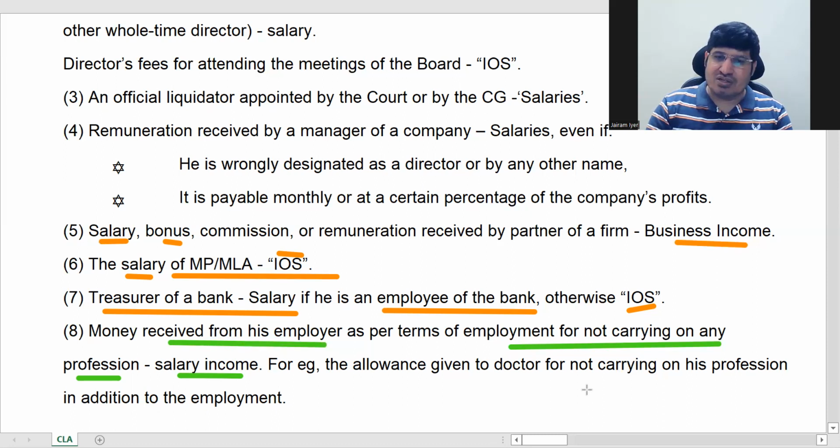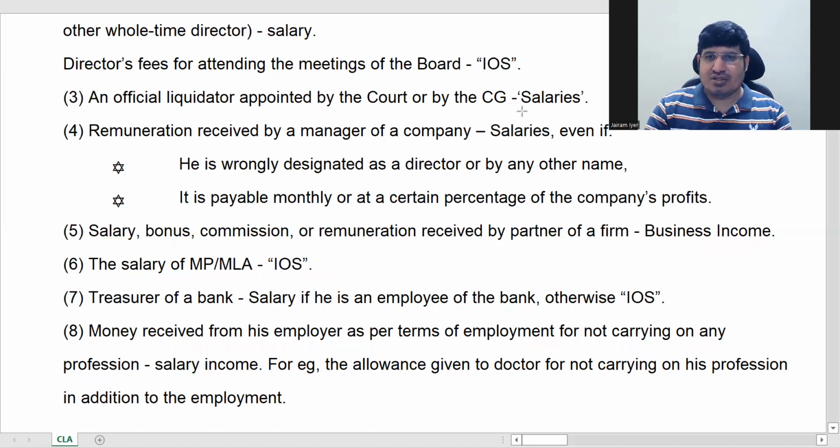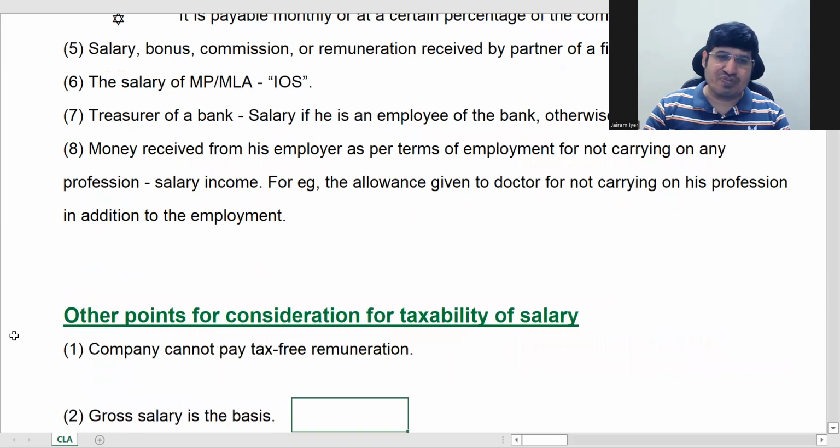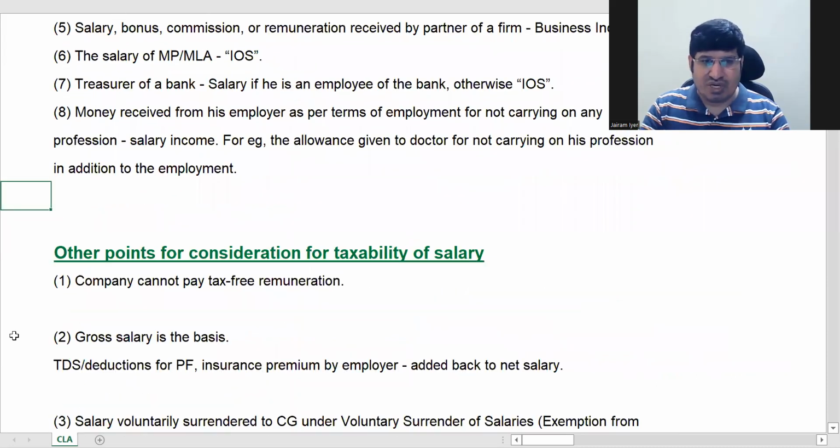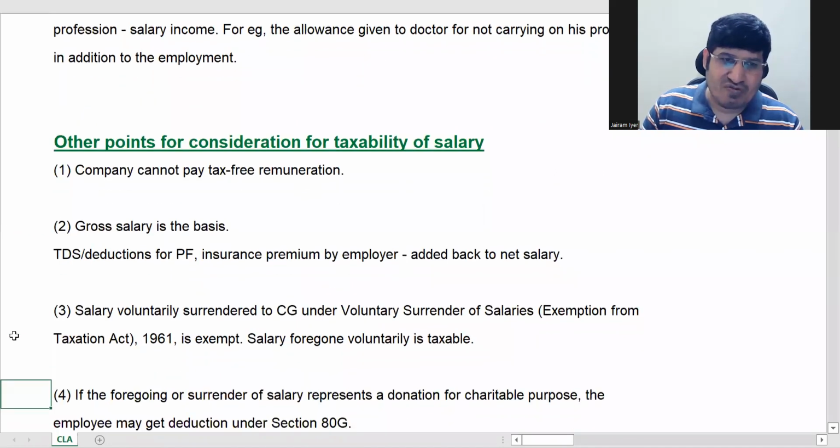Okay. So this kind of income professionals get, doctors get, some professionals also get, like your CAs and CMAs and all who work with companies, they get such amount. Okay. So that is taxable as salaries. Why? Because the main purpose is to enable them to work better in their employment. ठीक है, ये हो गया हमारा कुछ मेन पार्ट्स हमने देखा।